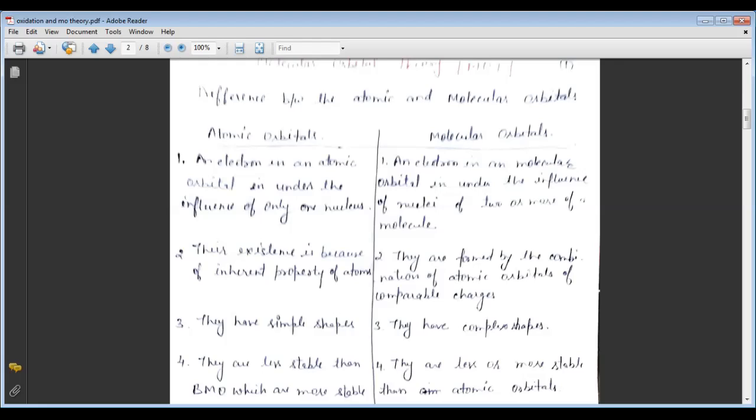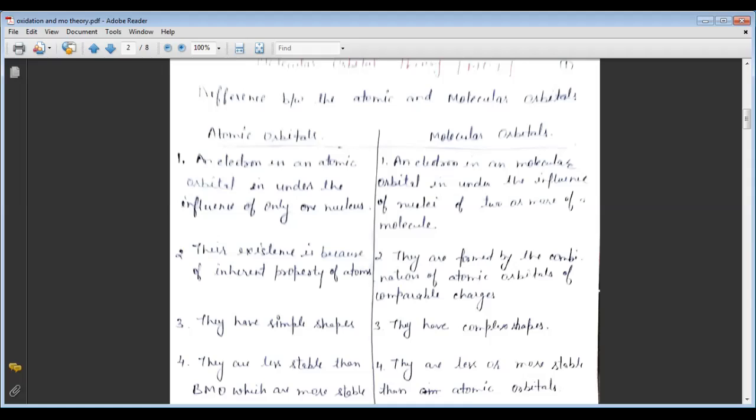This approach recognizes that each electron belongs to the molecule as a whole and may move within the entire molecule. When the atoms to be bonded come close together, the orbitals of the bonded atoms lose their individual character and overlap to form larger orbitals. This is called a molecular orbital. There are some differences between the atomic orbital and the molecular orbital.